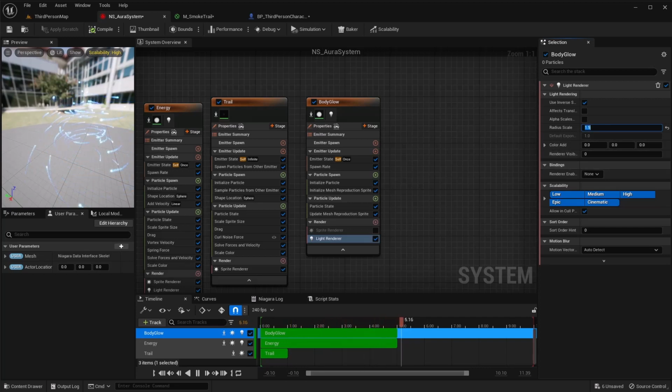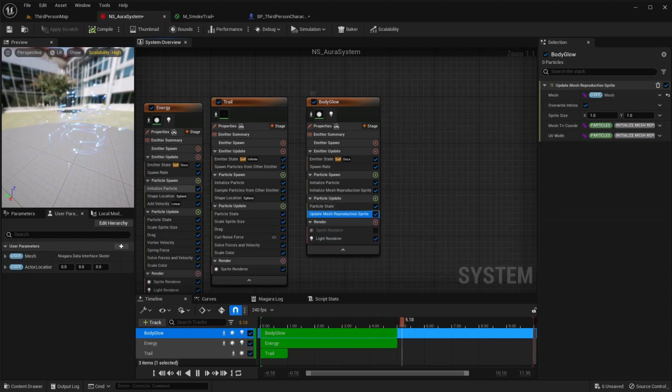And we want the color to be something, for now, let's just do like 500 in the blue. And then we'll see what that looks like. Check if I'm missing anything real quick.